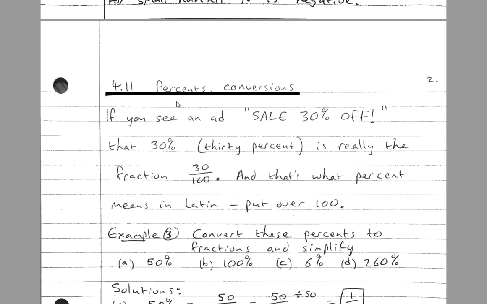Okay, so now we get to percents. These last couple of sections in chapter 4. We see percents a lot. We've seen them on our credit card bills already. Also sales, yes. So if you see a sale with 30% off,